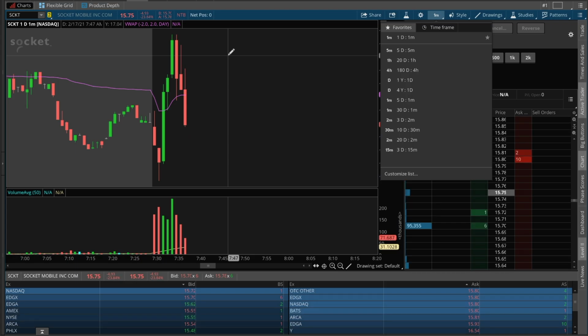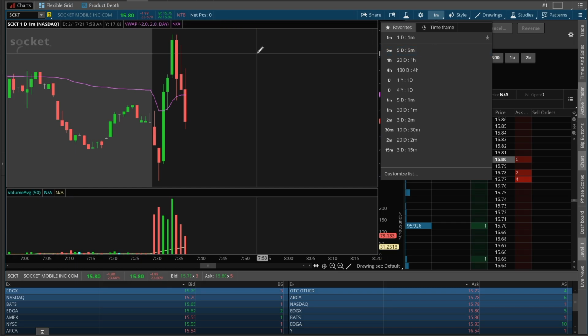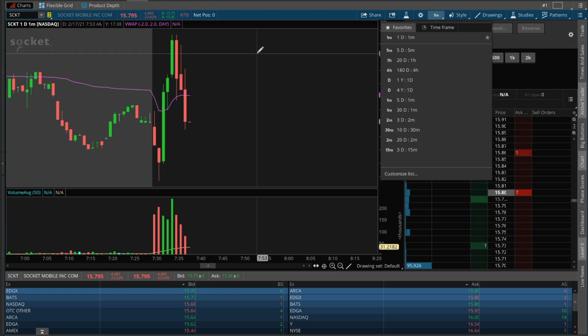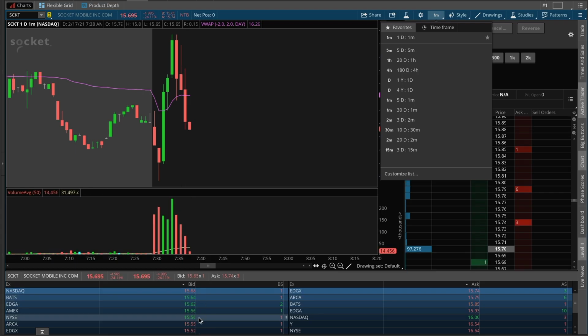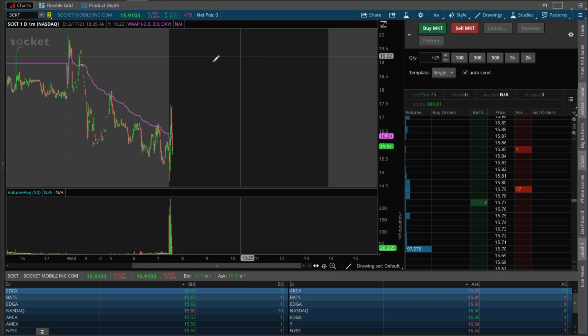I really liked the risk reward on the SCKT because it was already down so much and it started to sell off out the open. So it was a perfect dip buy to find the bottom on the level 2 as well, and then scale out into the pop, which is just a quick trade. So